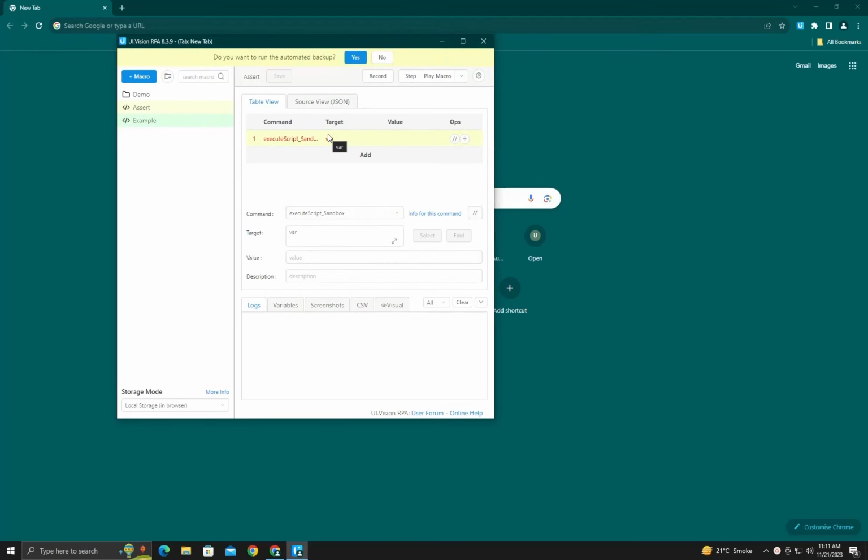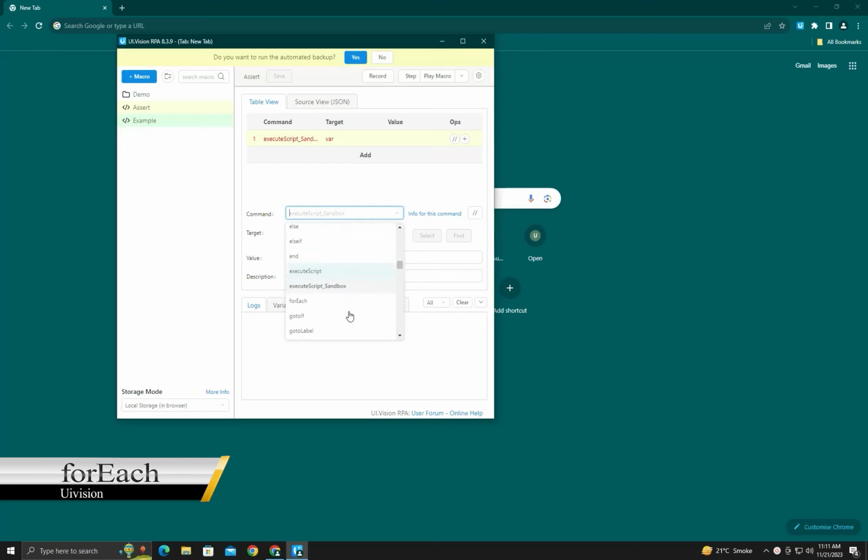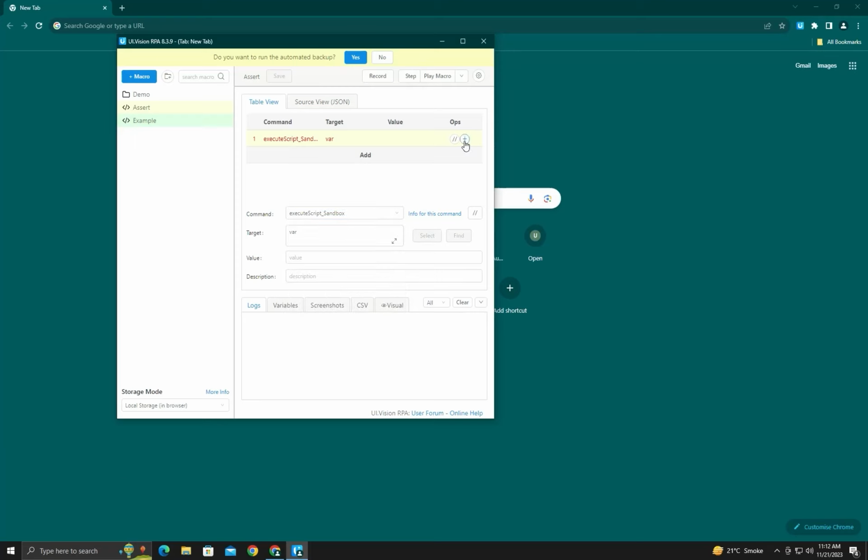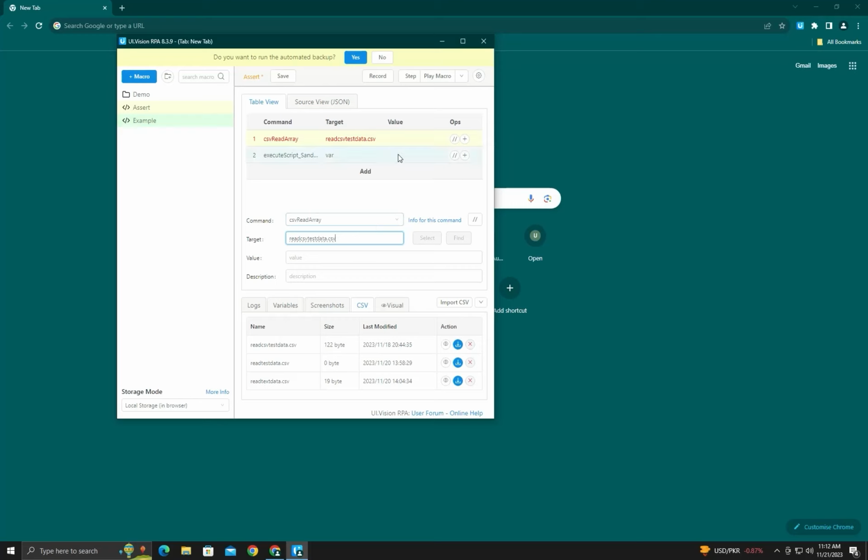Last time we discussed execute script in a sandbox. So we will proceed next to forEach. ForEach is actually used for iteration over an array. I will prepare an array. Here we will read an array from CSV. As we know, it's an array, and from the CSV name. So in this case it's an array and